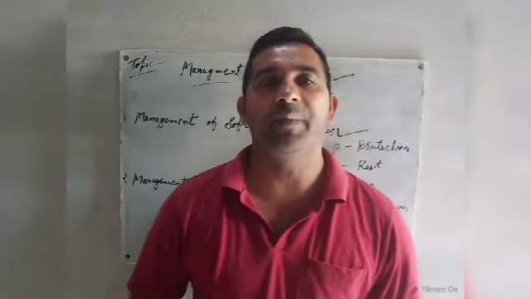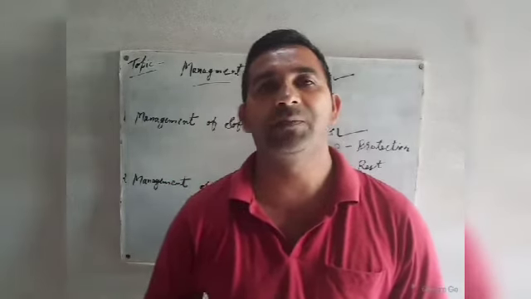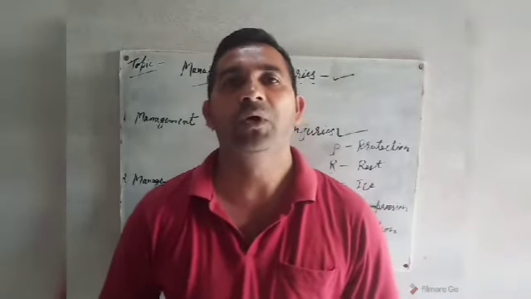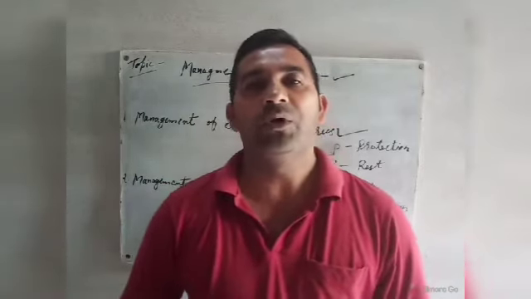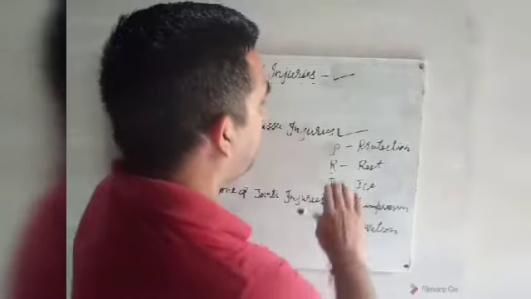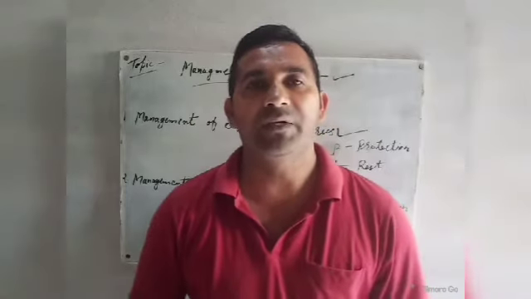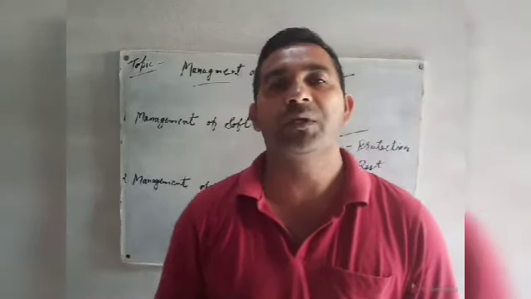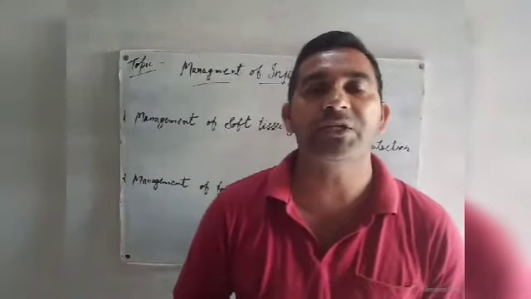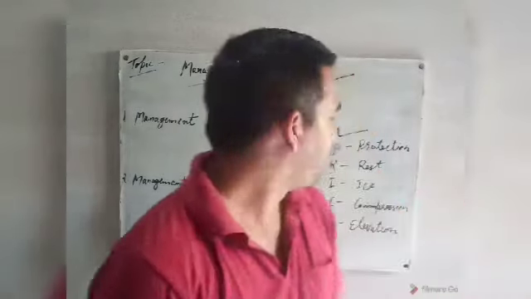Next is sprain. Sprain is a ligament injury, and there are mainly two procedures to be followed to manage the sprain. First is PRICE. PRICE is a complete procedure to be followed to manage the sprain for around 24 to 48 hours. P is for protection. First of all, protect the injured part, give some support or use some shoes. Next is R, for rest. Give complete rest to the injured part so that swelling and pain can also be reduced.